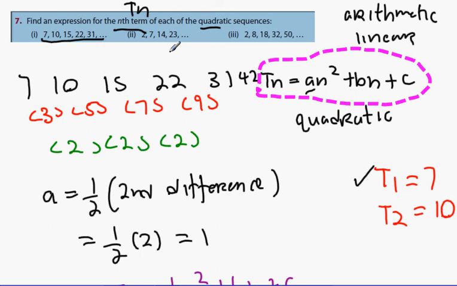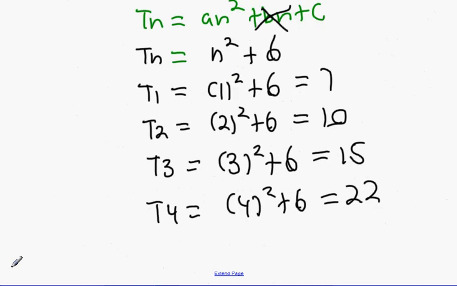So you're getting an equation that could tell you any number you want without you counting up all the time. So if I ask you for the 20th term, you could count all the way up to the 20th term, but it'll take you an absolute age, wouldn't it? So this way you can just find a formula that does it. Okay, so to recap,